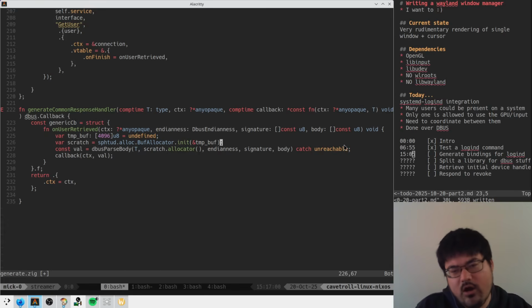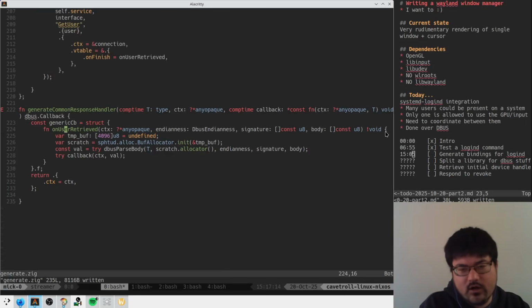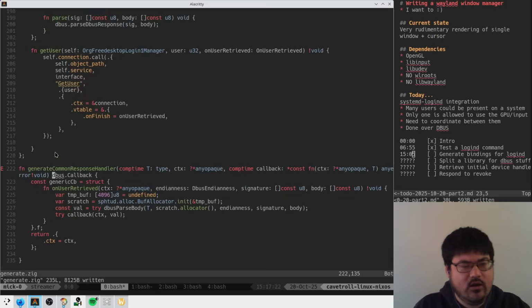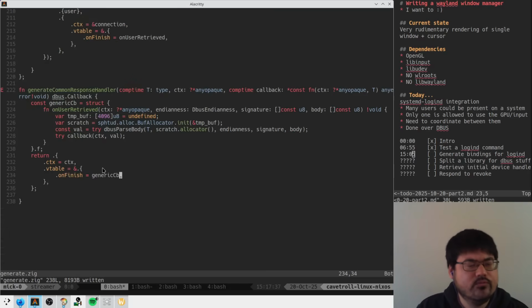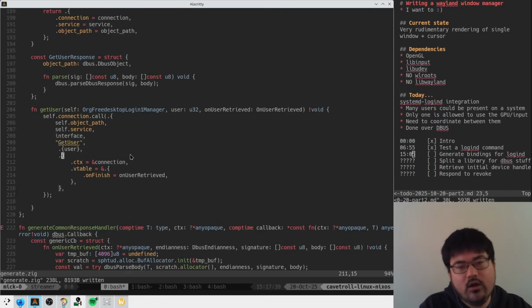I think generally all of this makes more sense if this thing can error. I think that's just nicer. So let's figure out how to make that work. And then we'll make it so that callback can return an error as well. I think that makes sense. Okay. So then, if this function works, which who knows. On finish is generic callback. If this works, then here